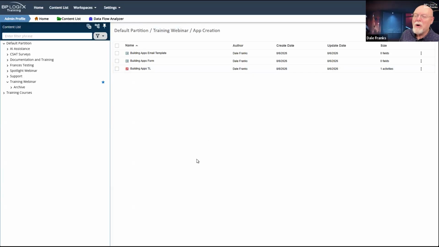So I have all of the building bits that I need. All I have to do now is build my application, configure my form and whatnot. So at this point, now we need to actually start building the basics of our application. So we're going to start off with the form.